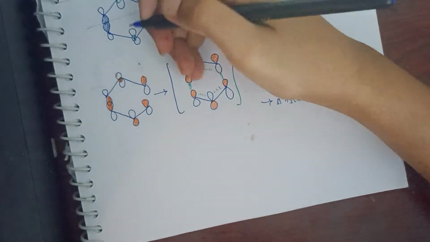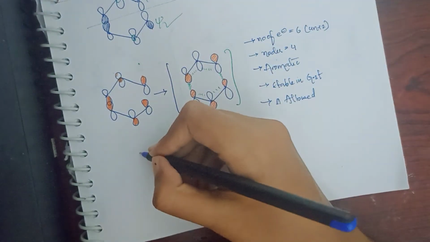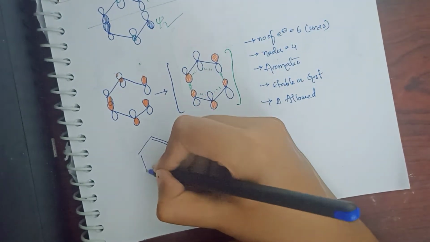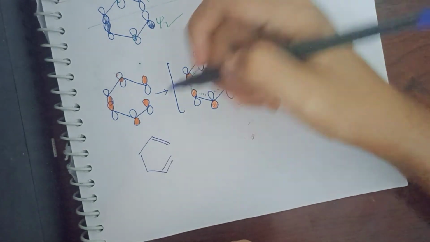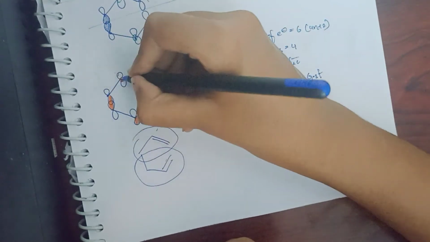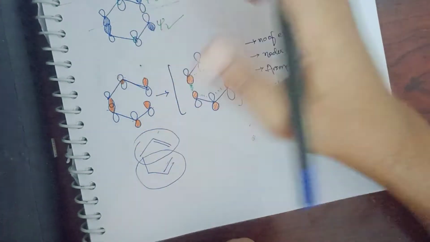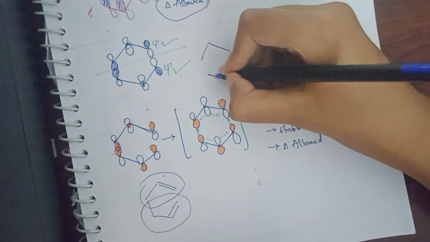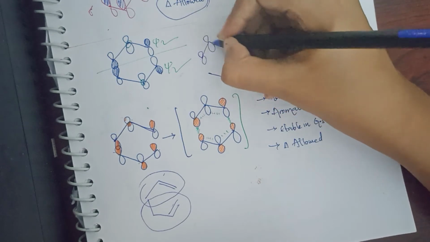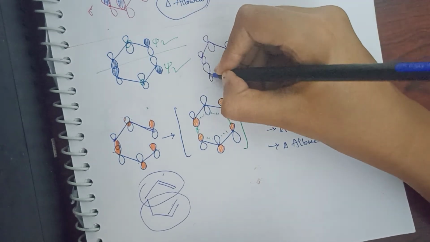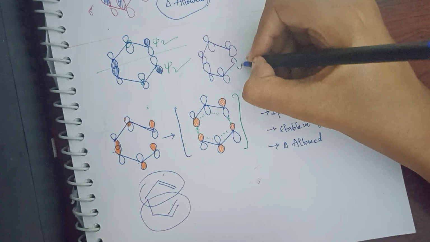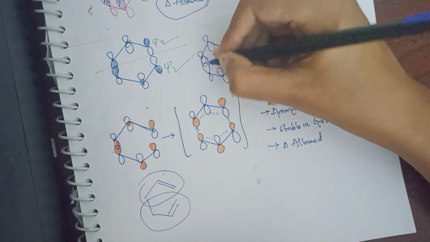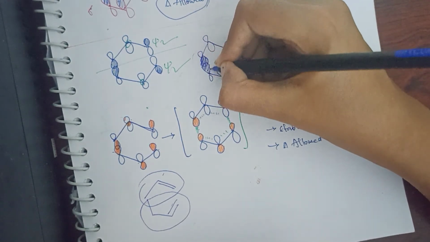Now example, if you see the other one, this one I am taking. Here also I am taking the same system. What is the starting material we have taken? This is the starting material, no? Now here I am taking allyl system, here I am taking allyl system. Before drawing that, what I am doing is I have just drawn the outer one and I have drawn the lobes. How to draw it, I will explain. See here. First I will be drawing the outer parts. Later I will be drawing the nodes. The last one should be bonding. Now when I shade these both, it will become bonding.